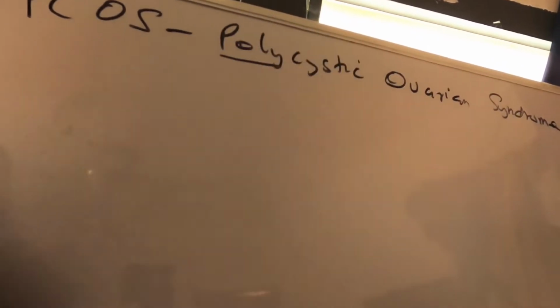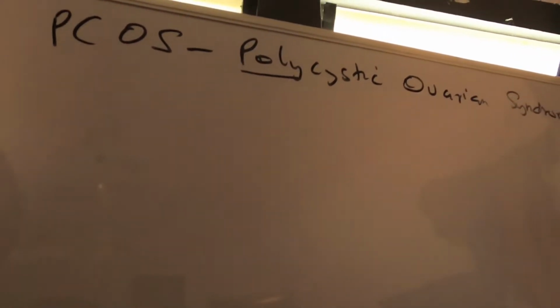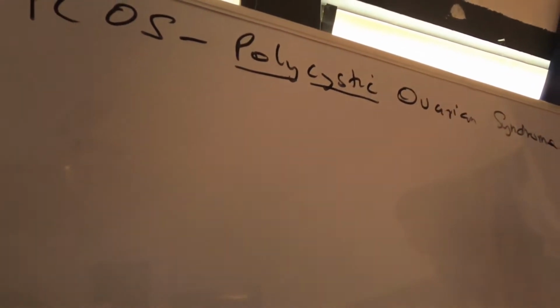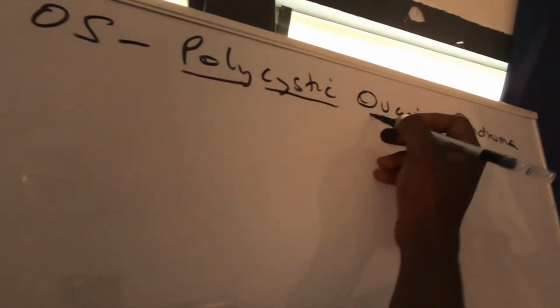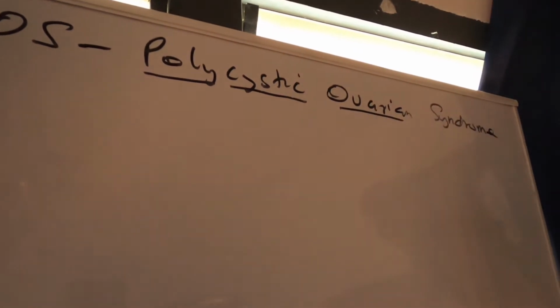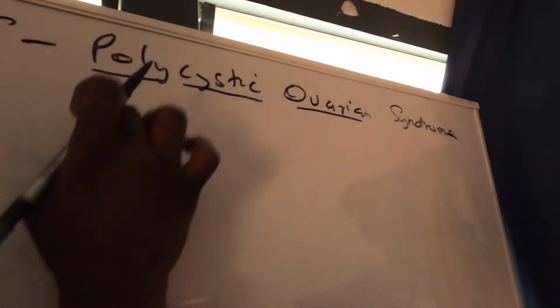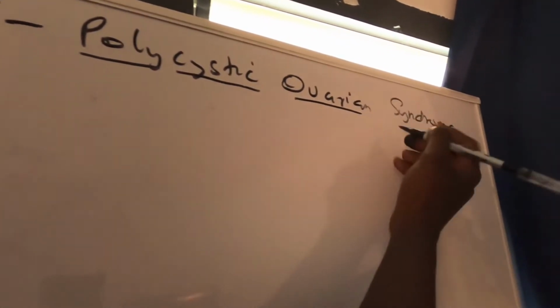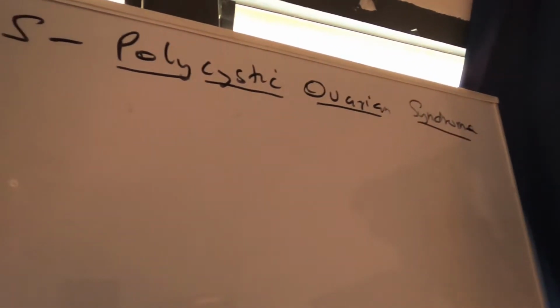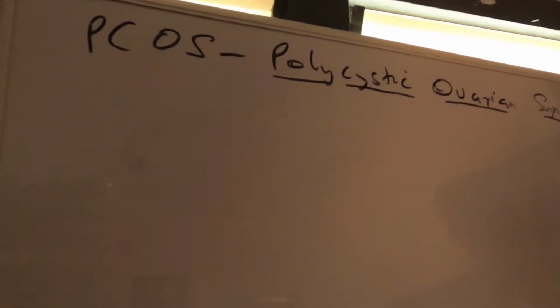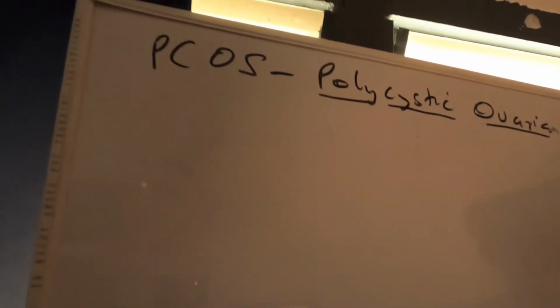Now, poly means many, cystic from the word cysts. So there are many cysts. Then ovarian, that's our target gland, so the condition actually occurs in the ovary, meaning that there are a lot of cysts in the ovary. Then syndrome meaning that once you have PCOS, you're also at risk of getting other conditions like even diabetes, infertility